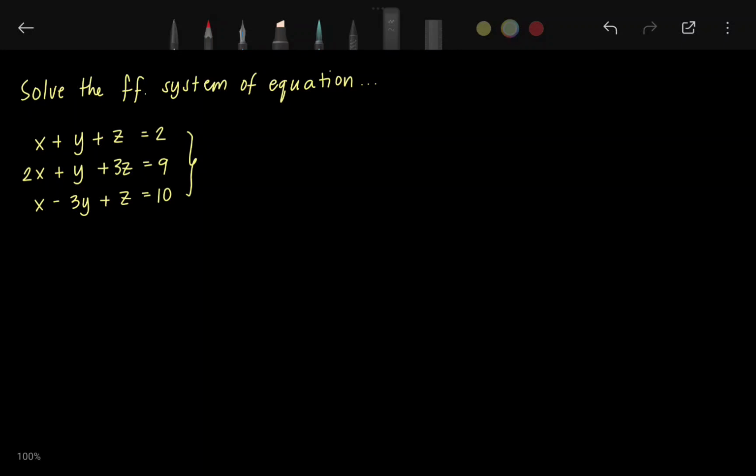Let's say we are solving this system of equations. X plus y plus z equals 2. 2x plus y plus 3z equals 9. And x minus 3y plus z equals 10. So, to get the values of x, y, z, we have already established or talked about